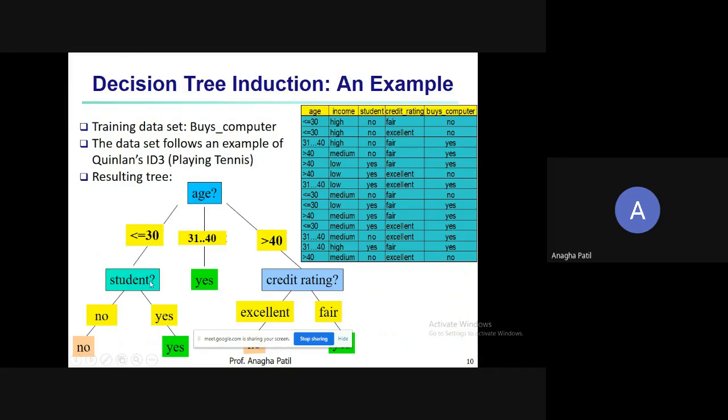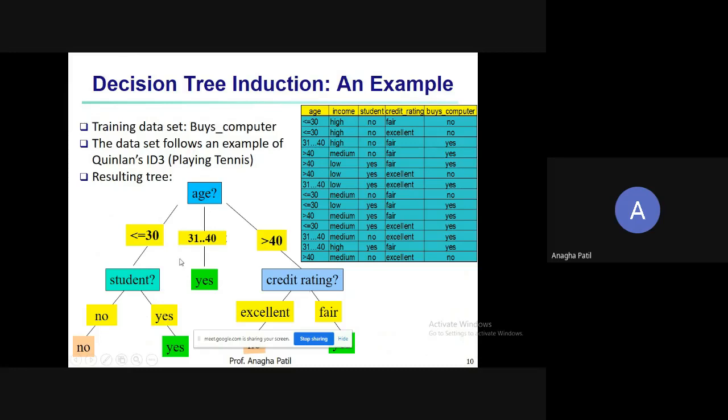Okay, now what is this branch telling us? See, age is the attribute. This is another attribute or dimension which we have used. On the branches we are writing the possible values. Similarly, the possible values of student were no and yes, as you can see in the particular database. Then you have class labels buys computer is equal to yes and buys computer is equal to no, which we are listing as the leaf nodes. These are the leaf nodes, the ones having no children. These are the non-terminal or non-leaf nodes, the ones which will have certain children.